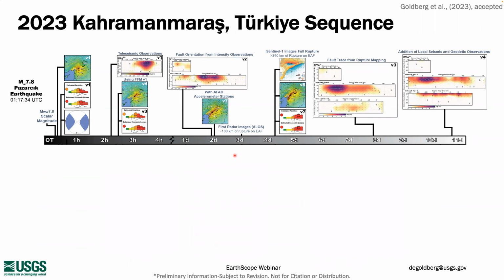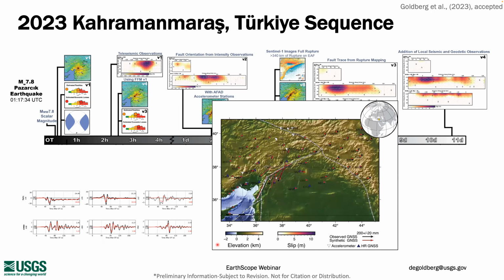And then finally on day 10, so about a week and a half after the earthquake occurred, we had access to a set of accelerometer and GNSS stations to modify this model. So we're using the same fault orientations, but now you can see that we have data coming in from accelerometer stations in white, high rate GNSS stations in dark blue, and then all of these arrows are static GNSS offsets from stations in the area.